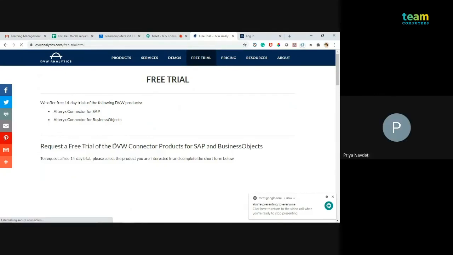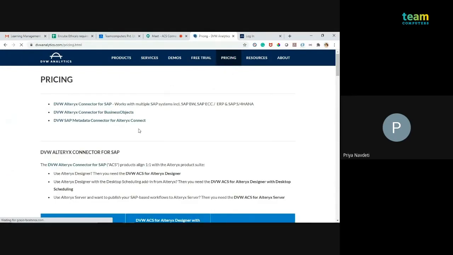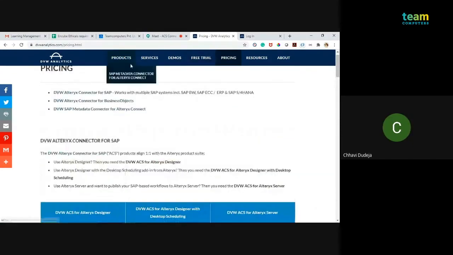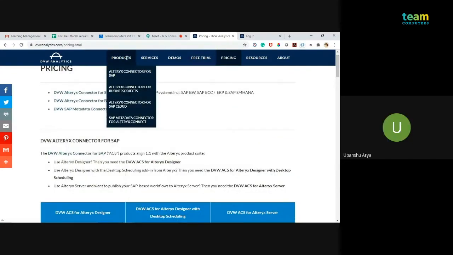Yes, it is a paid connector, not free. Here they have mentioned all the prices. It's not like a crew macro that we can download. If you want to use the trial version, you definitely need a SAP logon or SAP system.